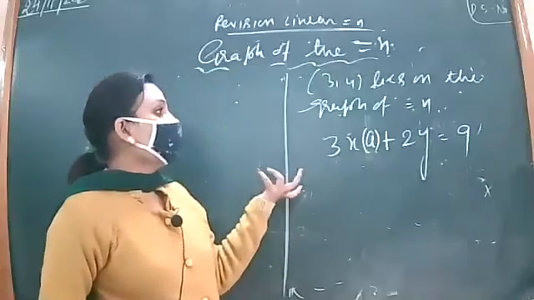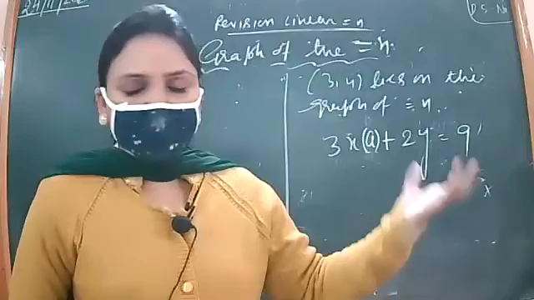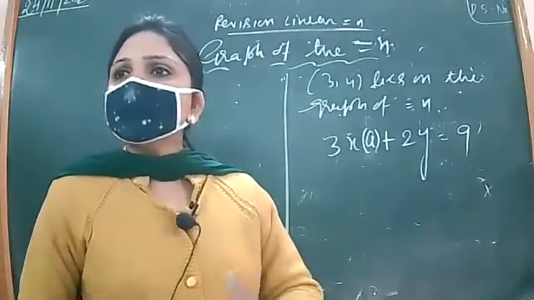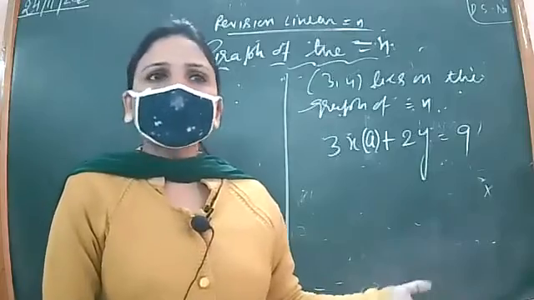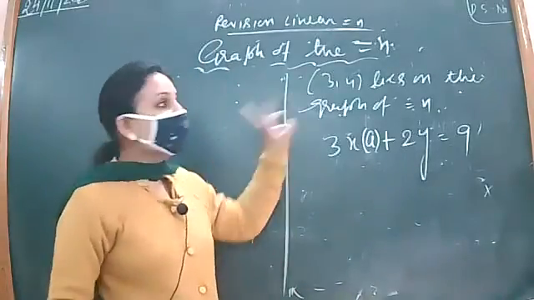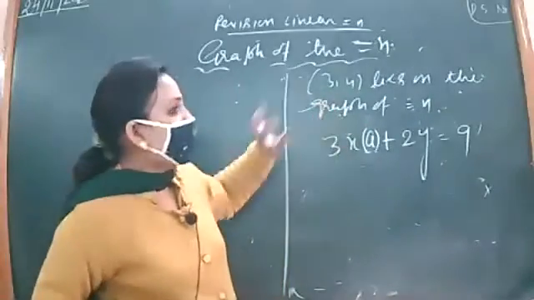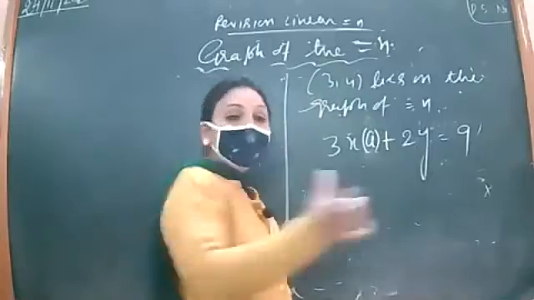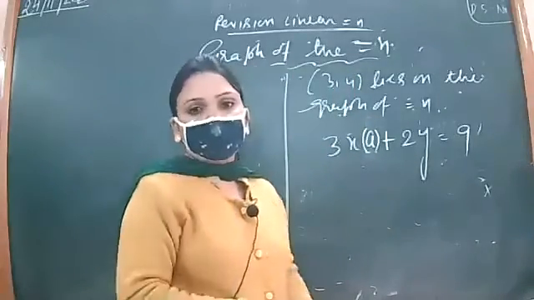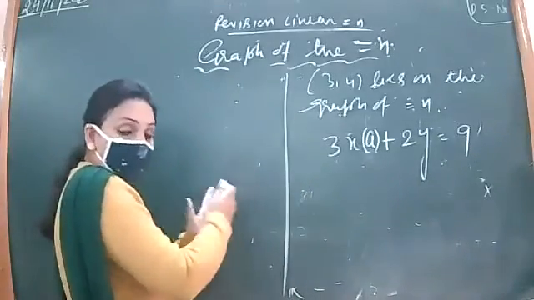Here he says (3, 4) lies on the graph of the equation. This is the same as saying that a person standing here is my uncle, and the next moment saying no, this person is my father's younger brother. Nothing different, right? Similarly here, if I say that (3, 4) is a solution of the equation, find a, that is also the same if I say that (3, 4) lies on the graph, because every point which lies on the graph is a solution of the equation. So it is the same thing, only the way of saying it changed.